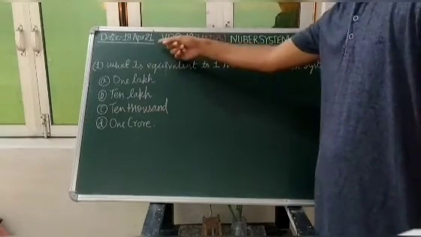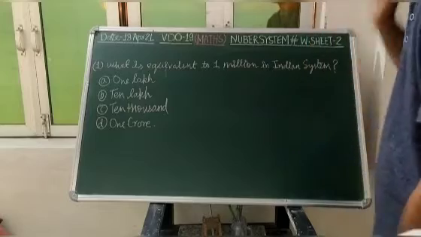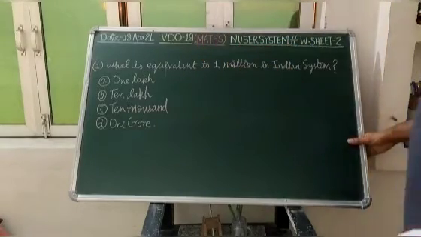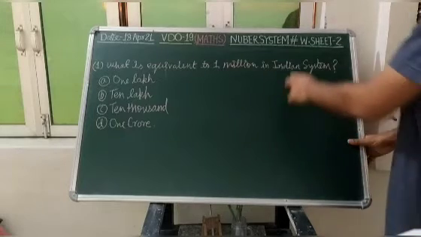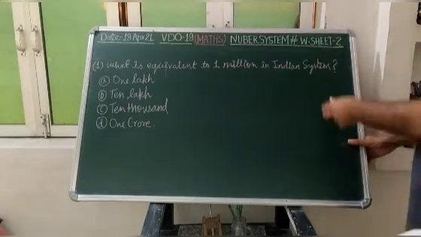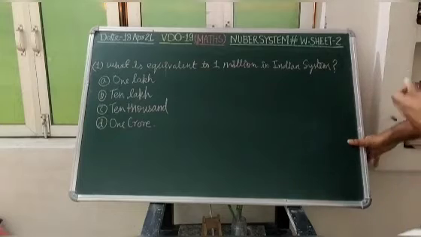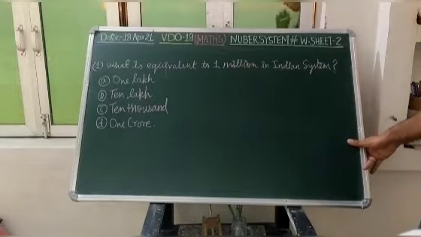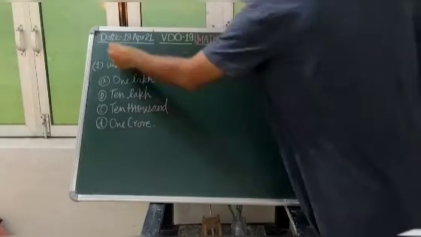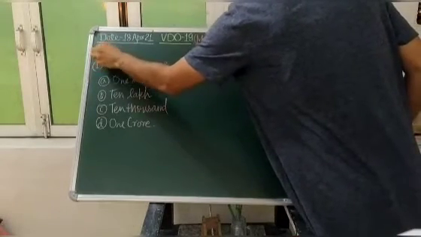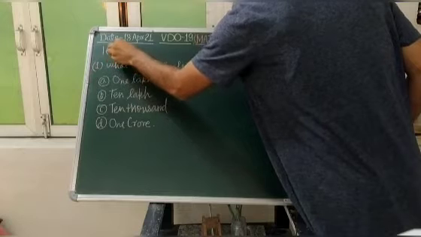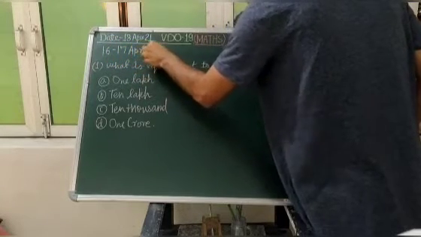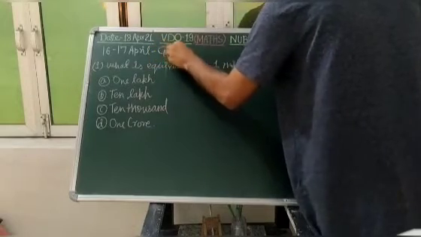Today is 18 April and it is video number 19 of mathematics. We are studying the number system and we are solving worksheets. We have gone through the theories of the number system, and on 16 to 17 April there was a gap.